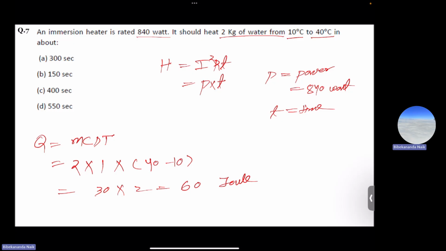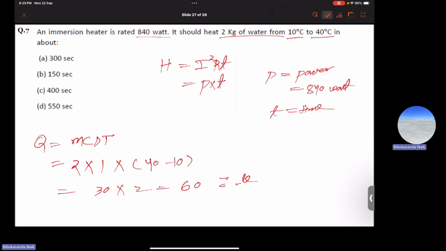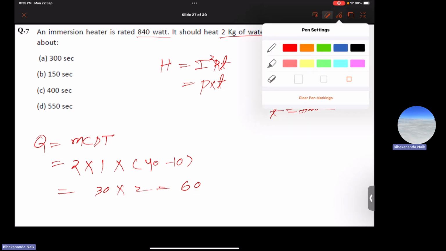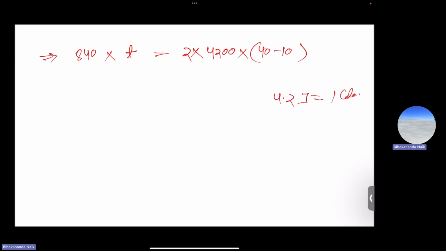Sorry, this is calorie, not joule. So we will equate these two. So 840 into T is equal to 2 into 4200 into 40 minus 10. So this is 4.2 joule per calorie, and we converted